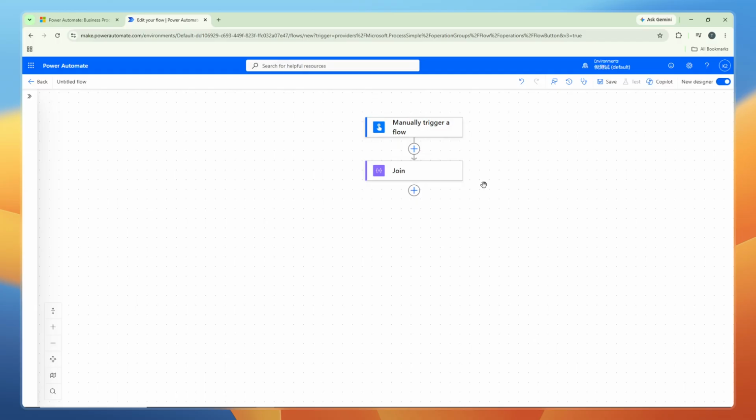And that's it. You've successfully set up the join action in your Power Automate flow. Now you can click the Save button to save your automation, and whenever you're ready, you can run it manually